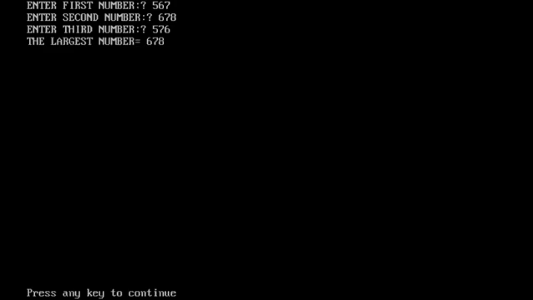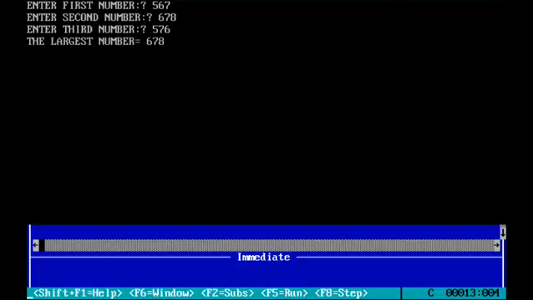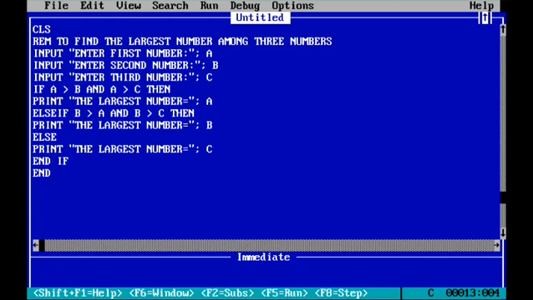Shift plus F5. Now I want to give 5, 6, 7, then 6, 7, 8, then 5, 7, 6. You can see easily, the computer will display which is the largest number according to our statement. The largest number equal to what? 6, 7, 8. So this program is also working. One by one you have to understand; this is a very small program using a conditional statement. After that you will also learn how to write complex programs using conditional statements. So this is also completed.